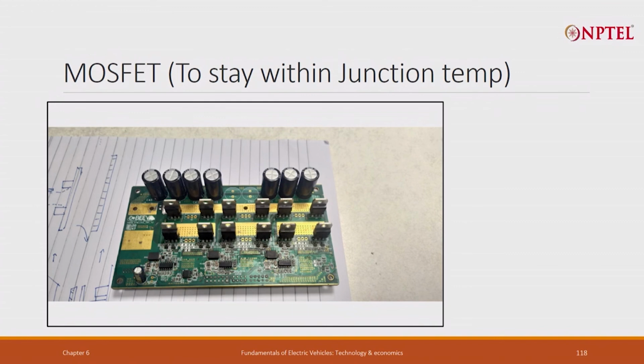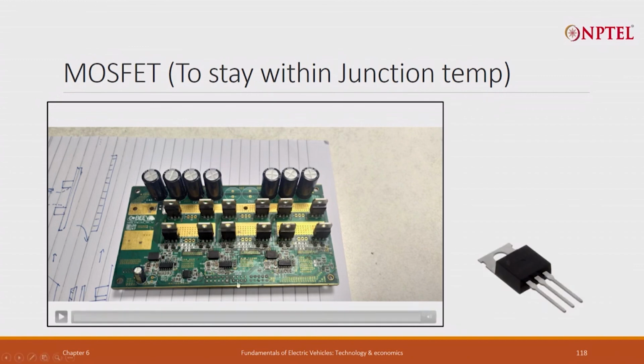And internal to the MOSFET there is a parameter called RDS on, resistance from the drain to the source when the switch is on. That is the resistance which acts when current is flowing, and that resistance contributes to heating up, and that heat can be very intense because the MOSFET itself is just 1 square centimeter, very small